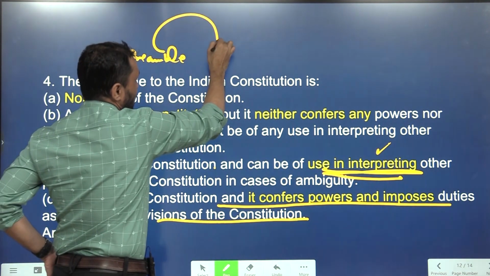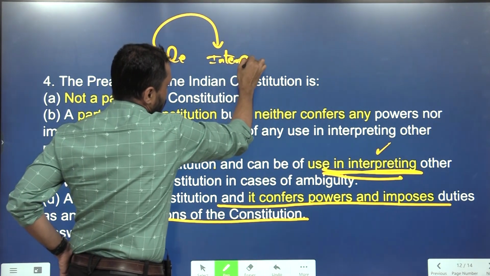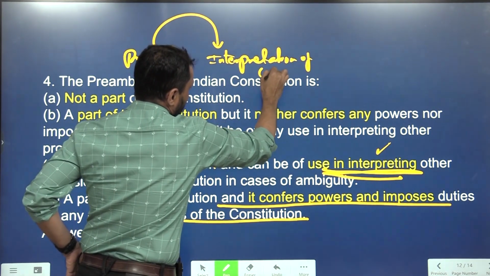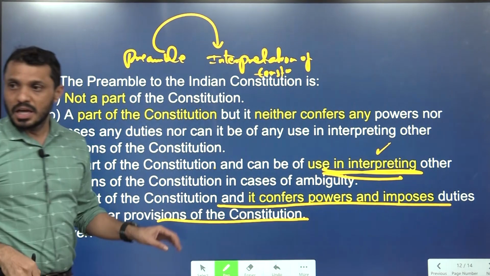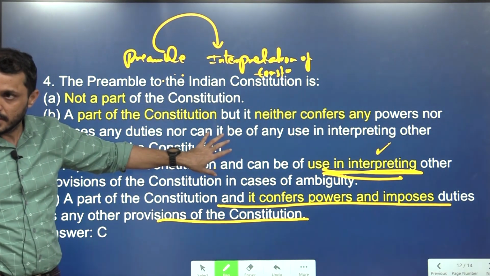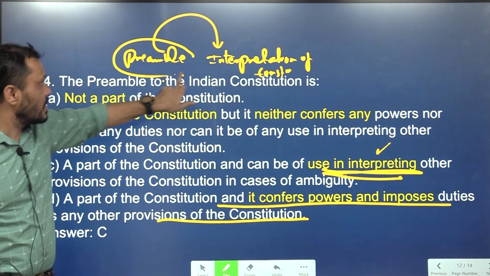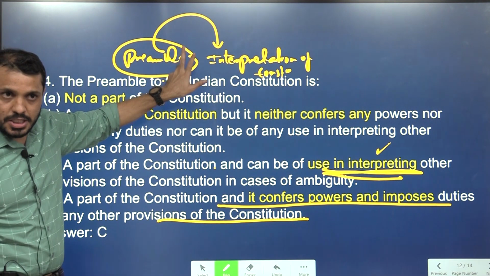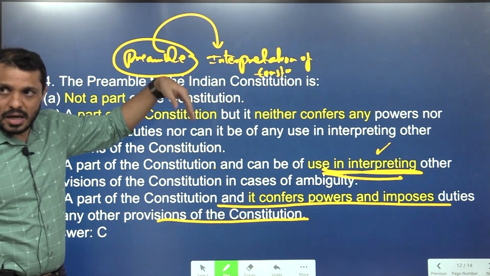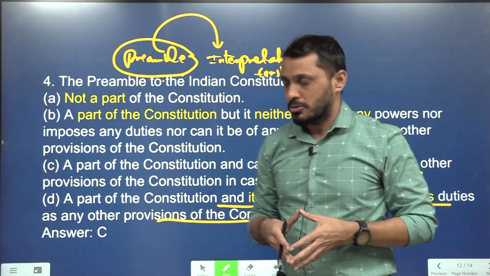What is the application of the preamble? The application of the preamble is interpretation of the Constitution. If you are very strong about this statement, you will simply derive the answer. Traditionally, if you are confined to only classroom learning, you just learn about the preamble, then leave it. Then the question will be on the application part. Sometimes they are asking, so please go through these kinds of questions.